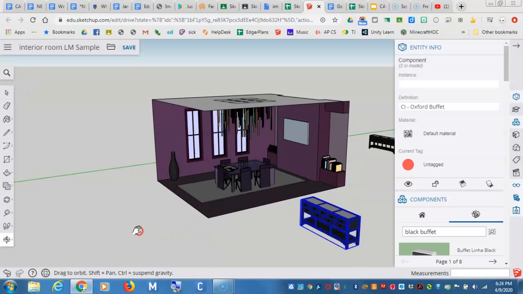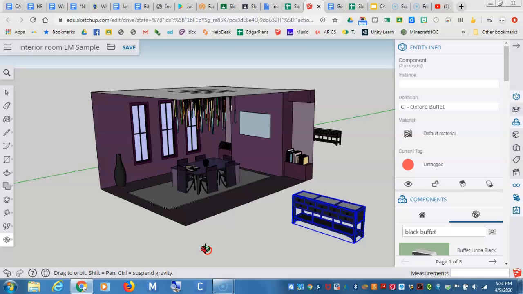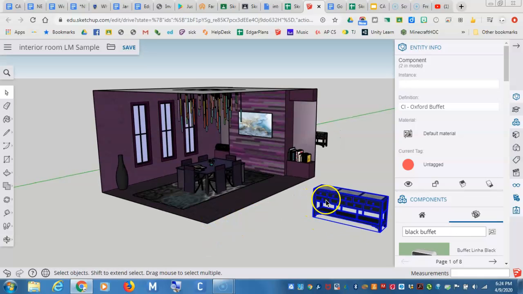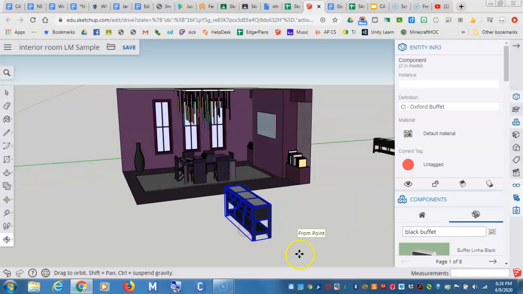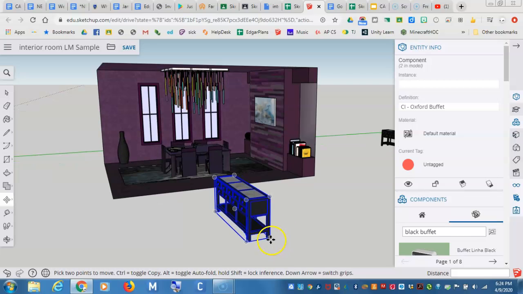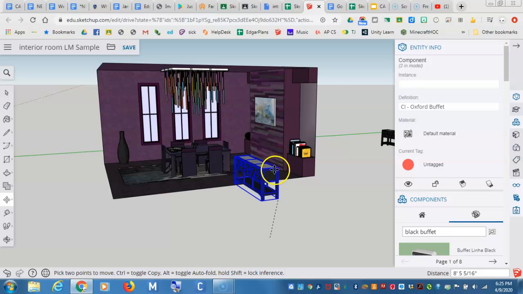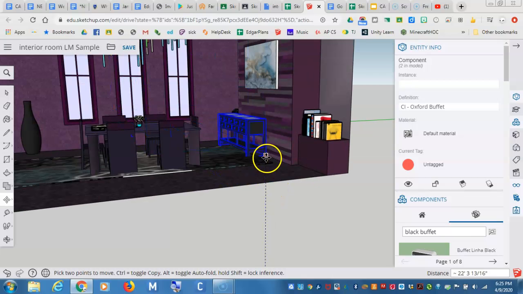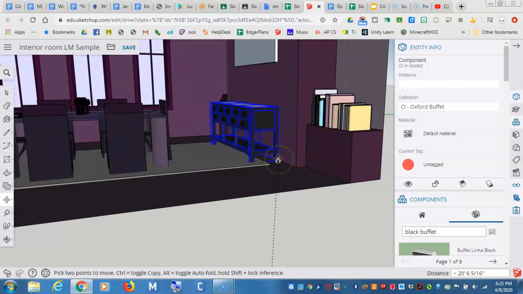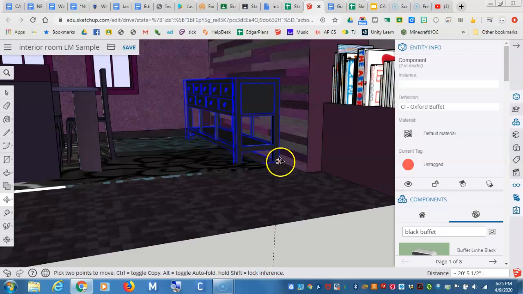Now I've got this object and I'm going to put it right underneath that painting. So I'm going to take the move tool, go back to that, click on it. All right, now I've got the move tool and I would like the back of this object to go against this wall. So it's going to help me out if I grab the object from this corner over here and then I can zoom in while I'm moving. So I just zoomed in with the mouse wheel, and if I hold this object right against that corner, see